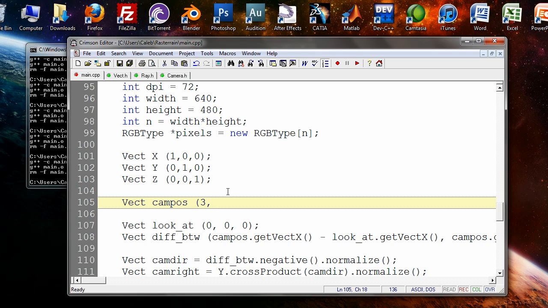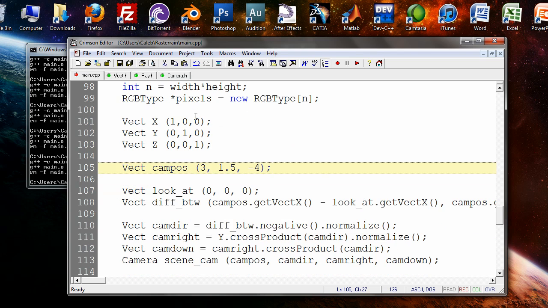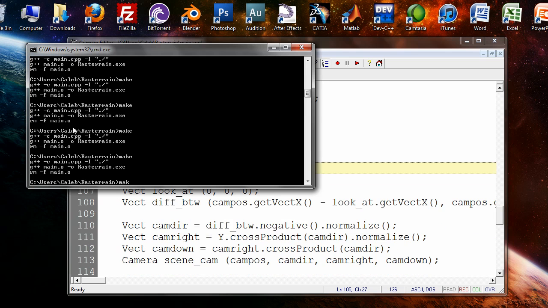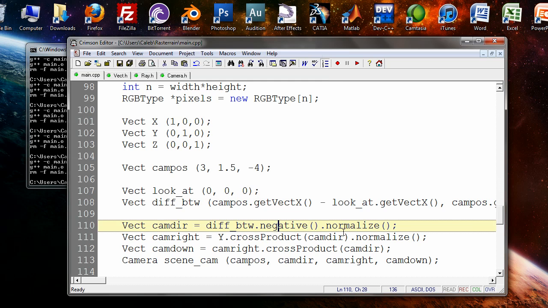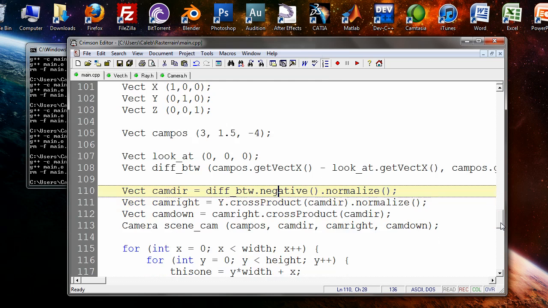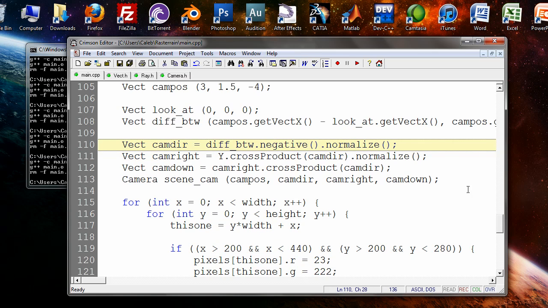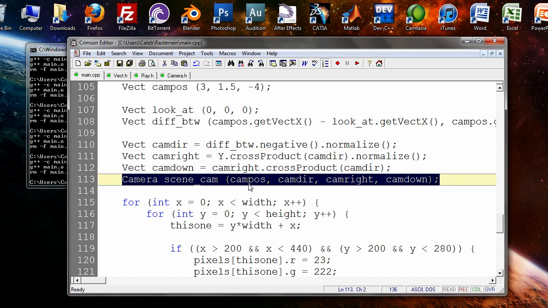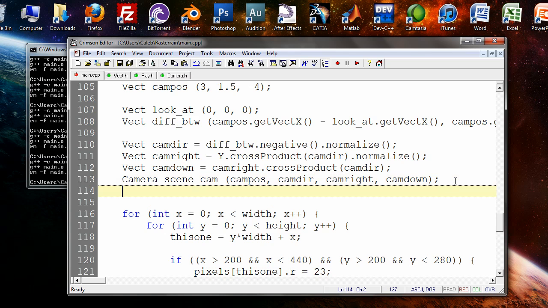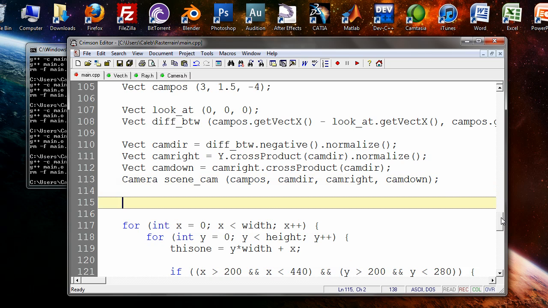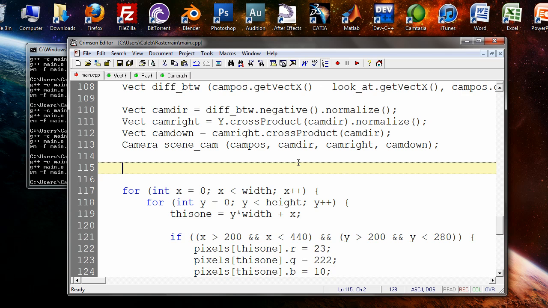We're going to arbitrarily set the cam position just so long as it's above the y plane. Let's compile. Great. So what we have now is a Raytracer that models a camera with object-oriented programming. The last thing we're going to define for today